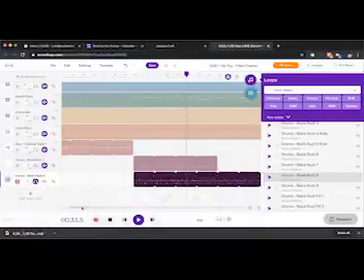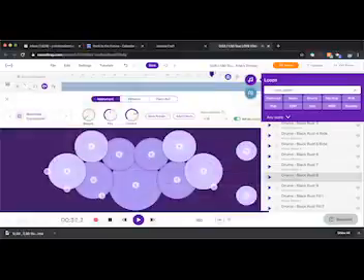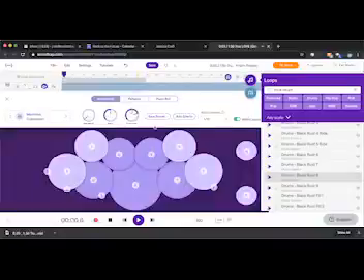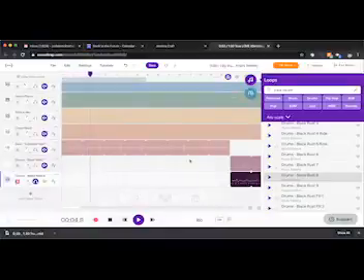All right, here. So too with this, we can add a little more reverb to it, right? Right. Let's see how it sounds with that reverb. Yeah.